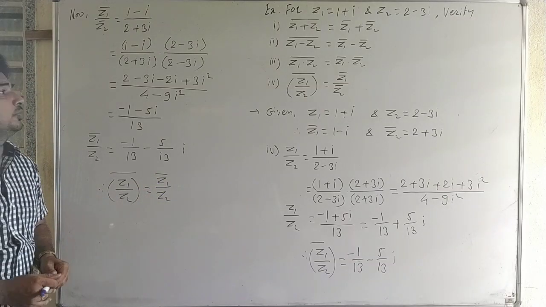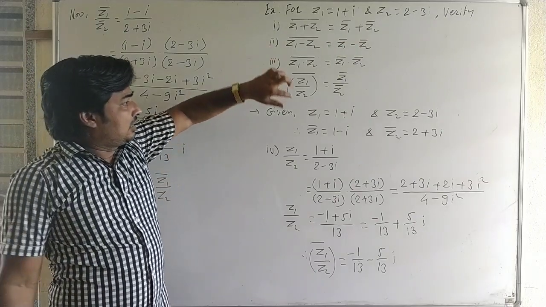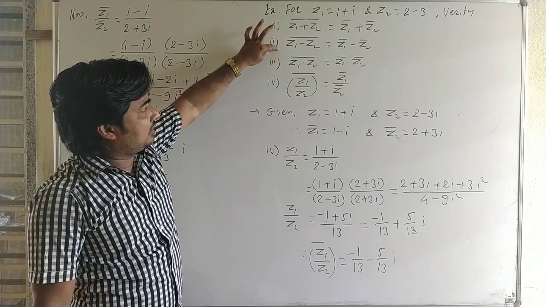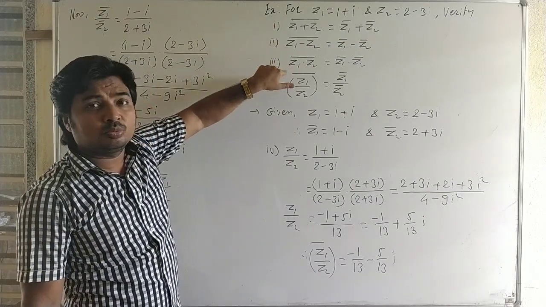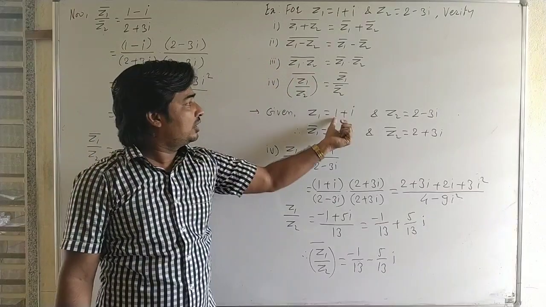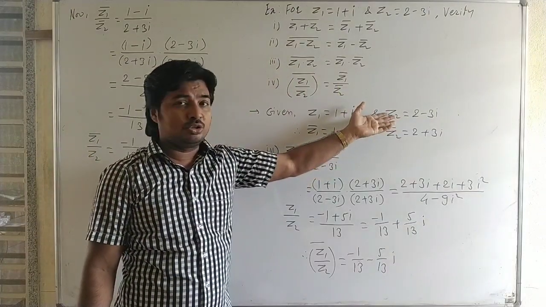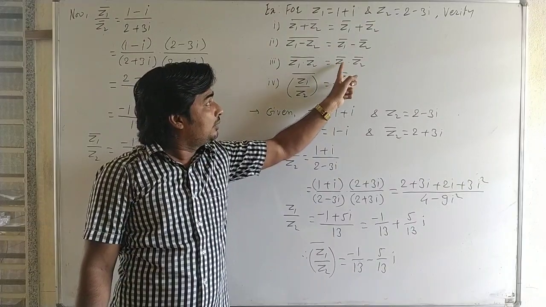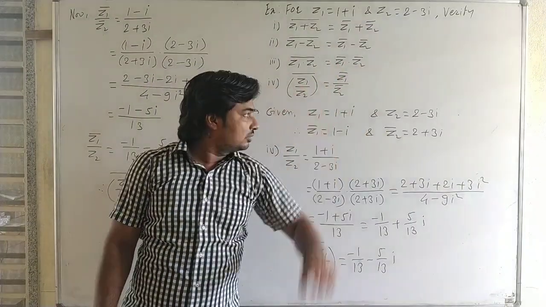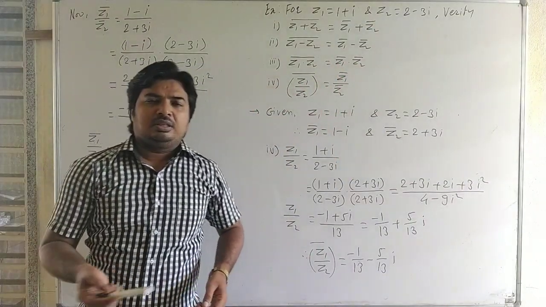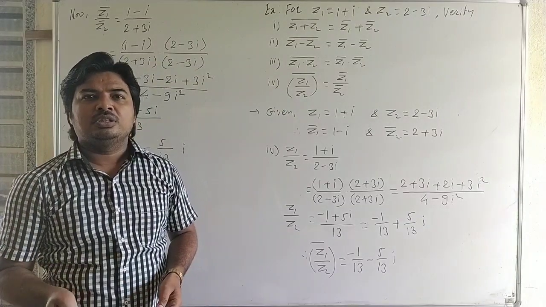Therefore we can write the conjugate of z1 upon z2 is equal to z1 bar upon z2 bar. Okay, see carefully. Okay, same as multiplication and subtraction. Okay, these two are for homework. z1 into z2, take the multiplication and then the conjugate of the number, and here the multiplication of the conjugate numbers, those two numbers. Okay, next article, that is De Moivre's theorem, we see in the next